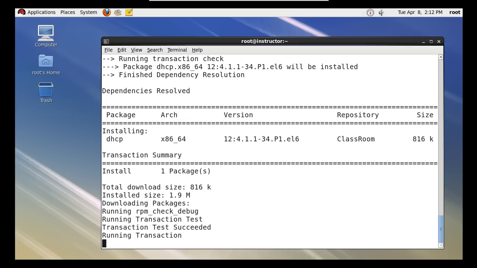It's running the transaction test. Once the transaction test is complete, it will install the package. See, the DHCP server works on port number 69. It's taking too much time.